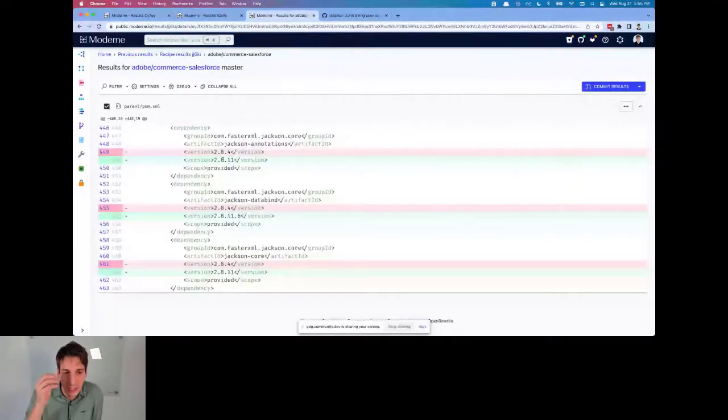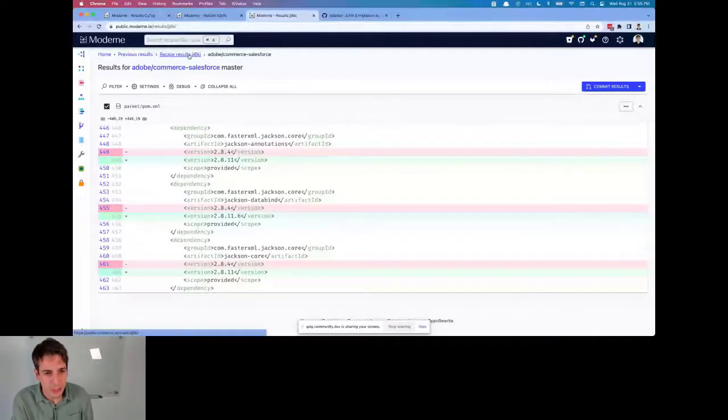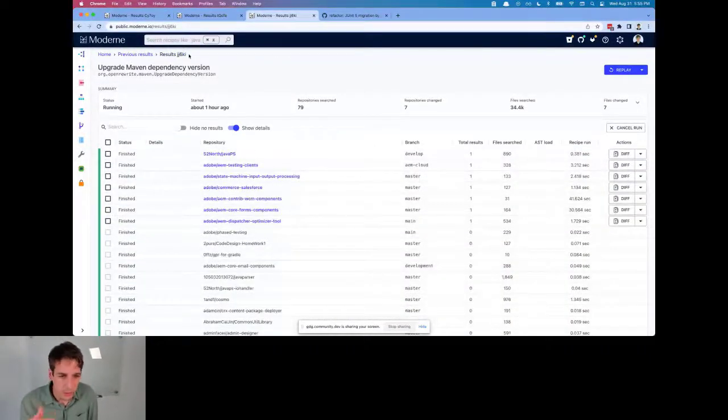Like this one was on 2.8, so it gets pulled to 2.8.11. So these kinds of things are really interesting ways of safely updating the dependencies, closing the vulnerability, but not breaking the actual application code. So anyway, this platform is always out there.